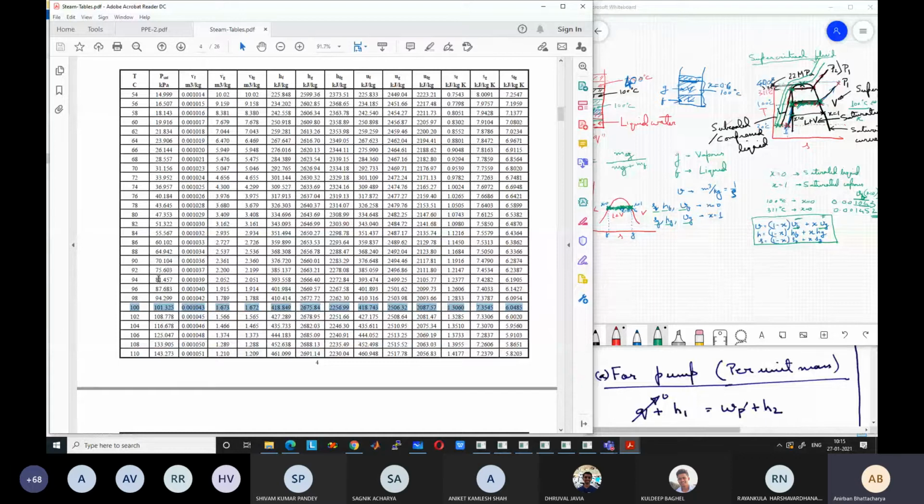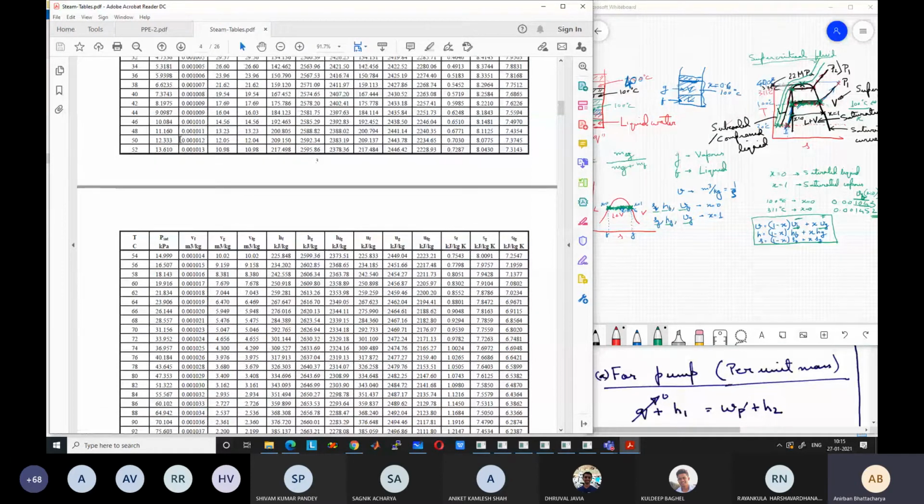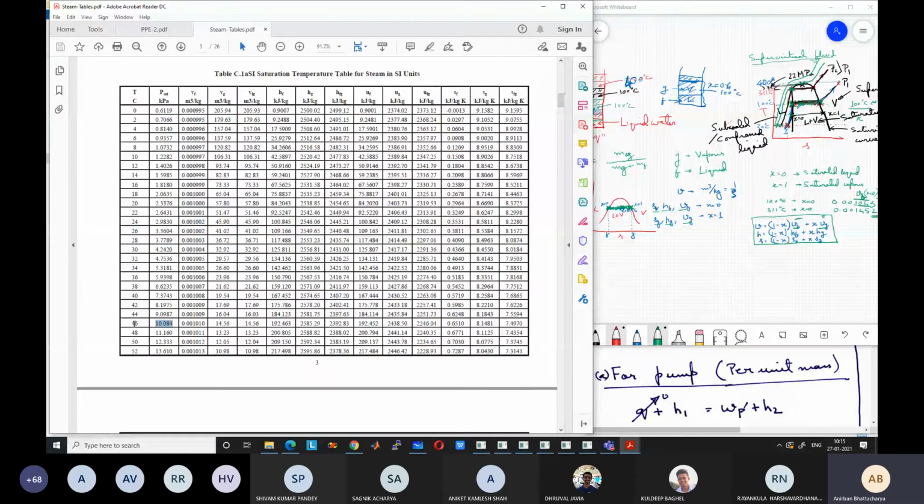If you go even lower, if you have partial vacuum, say the pressure is 10 kilopascal, 0.1 atmospheric pressure, then the boiling point will be only 46 degrees centigrade. If you are at an even lower pressure, say only 1 kilopascal, only 0.01 atmospheric pressure, it's almost like vacuum. Then the boiling point is 8 degrees centigrade. So at that pressure, at a normal temperature of 30 degrees centigrade, the water will exist in vapor form.